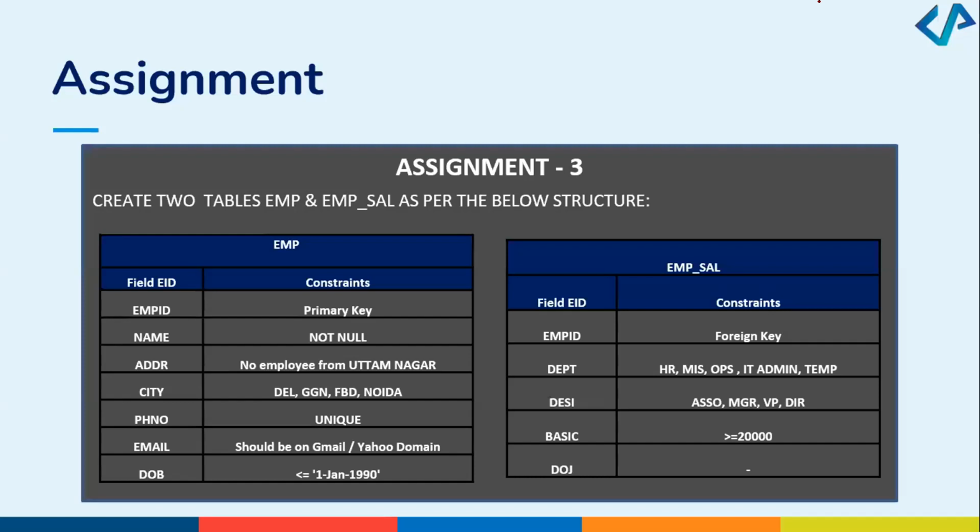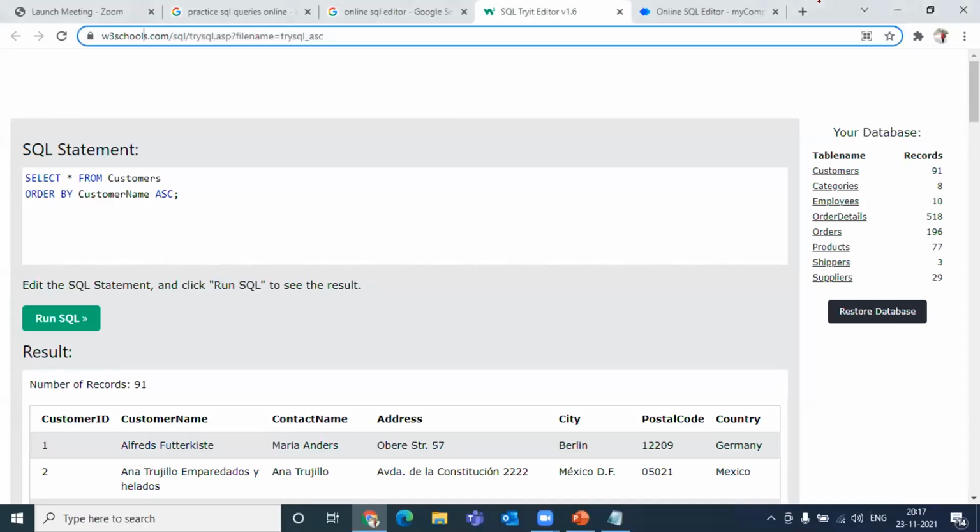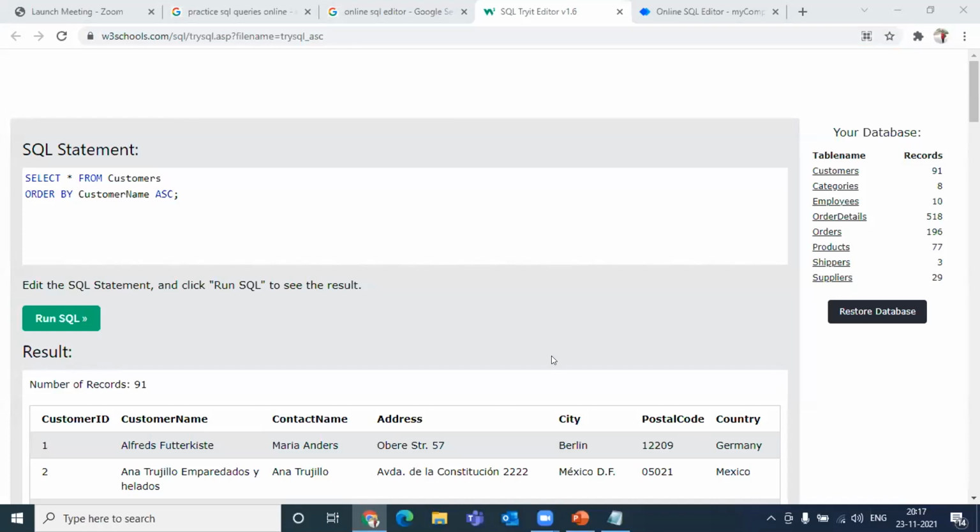Okay, I'm going to show you a place where we are going to do some practice now, right? We have learned so many queries, but we have not practiced them. So do not worry at all. If you do not have SQL Server installed, I'm going to give you a link to an online editor. There is already a database and tables created in it, so we can do a lot of practice here. For the remaining part, I really want to do a lot of practice.